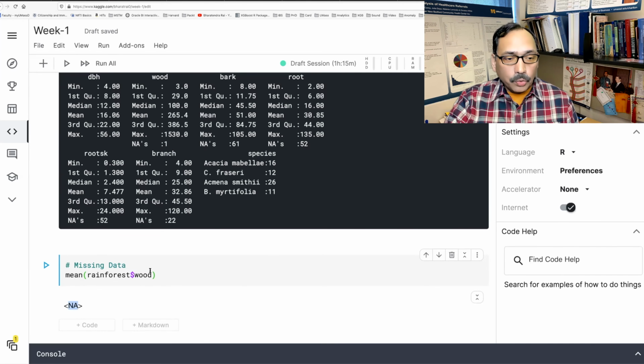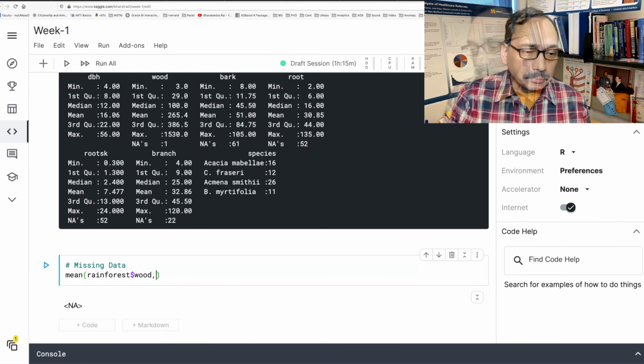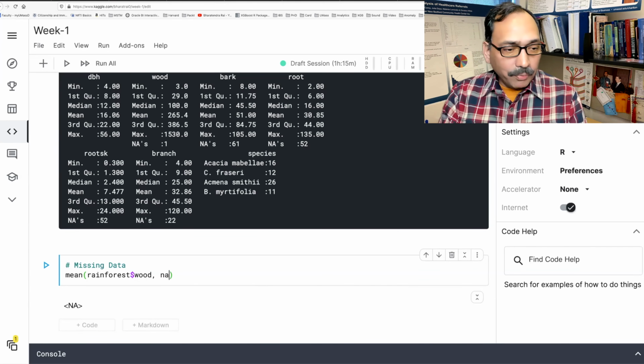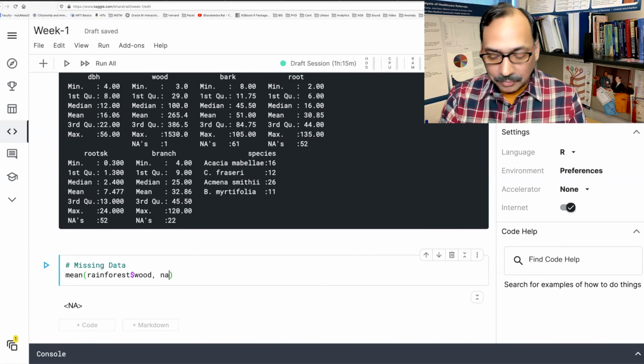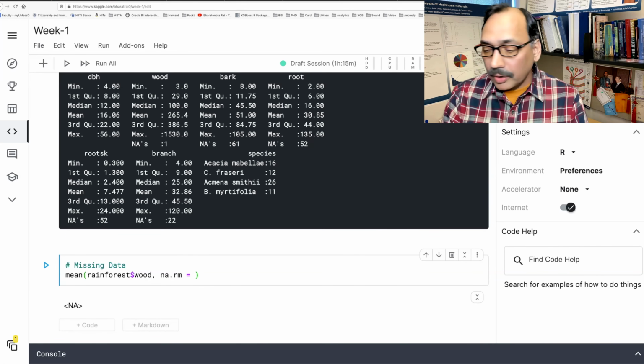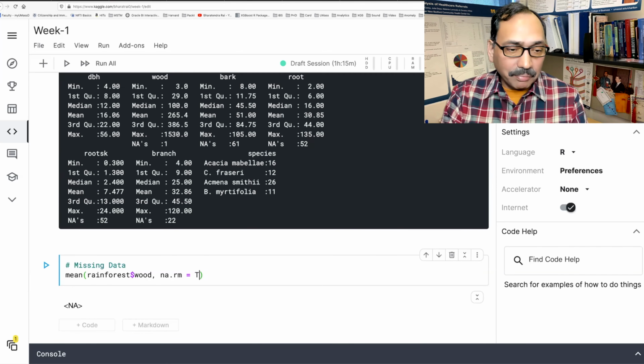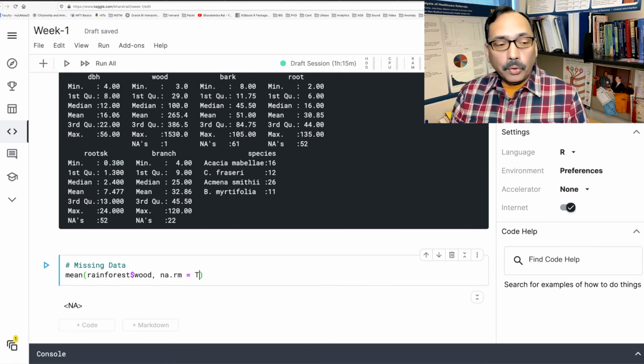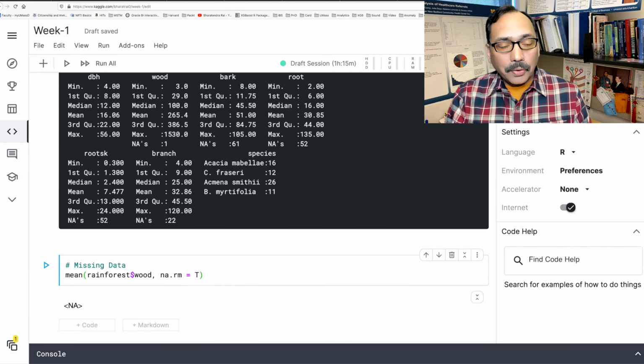So one way to overcome that is you put a comma, and then you can say na.rm, NA which is like not available or missing, dot rm for remove, and we will say capital T, which means true. So we are telling, like, I know there are missing data. I know some data points are not available.